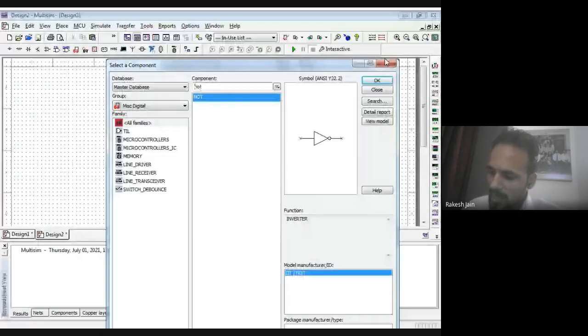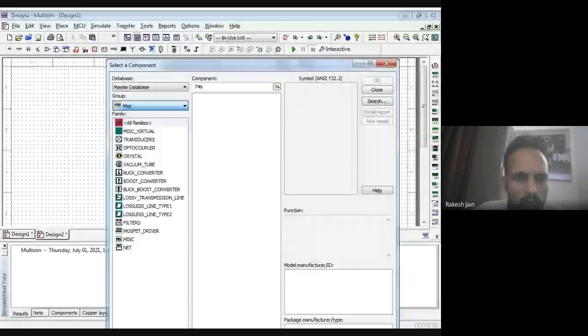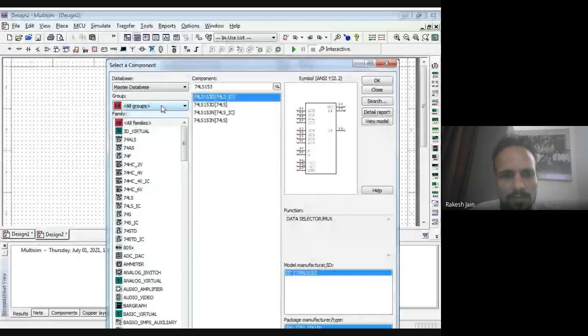Okay. I also want a multiplexer, that is 74LS153B. Where will I find this one? Click on this, please click on all groups, and just type here 74LS153.